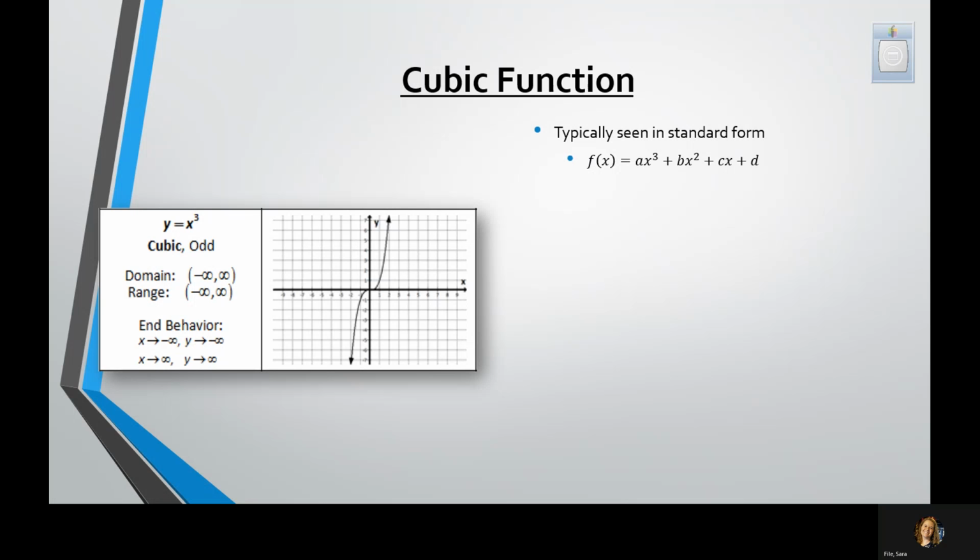Now, this is either going to have one root, and root is just another term for solution, where it crosses the x-axis, x-intercept. We can use solution, root, x-intercept, zeros. Those all mean the same thing. Okay, but a cubic function is either going to have 1 or 3. There's no way for it to have 0. It's definitely going to cross the x-axis. Now, for it to have 3 roots,